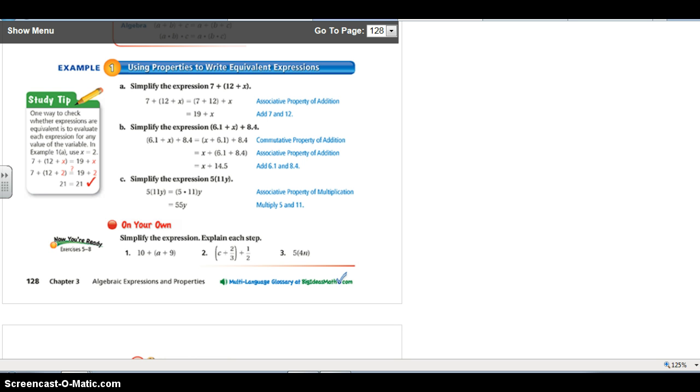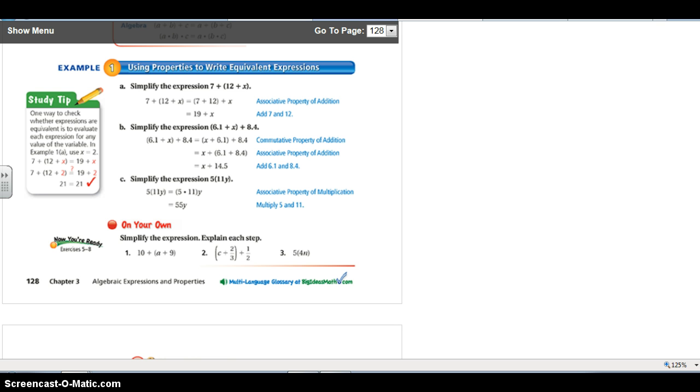Now it says simplify the expression 6.1 plus x plus 8.4. On the left side you have 6.1 plus x plus 8.4, which is the same thing. If you use the commutative property of addition, you still can flip around your parentheses. It doesn't matter. If you do the associative,